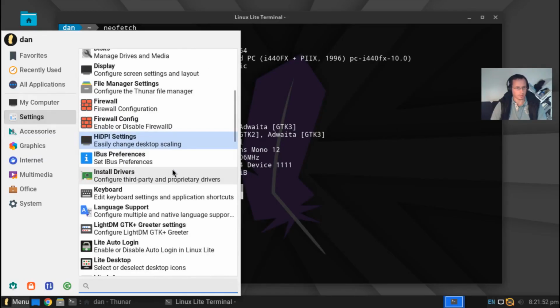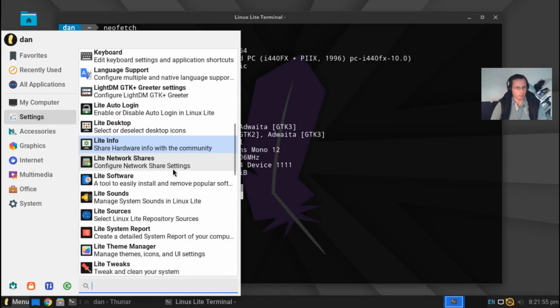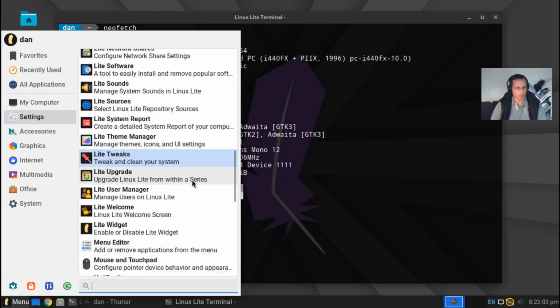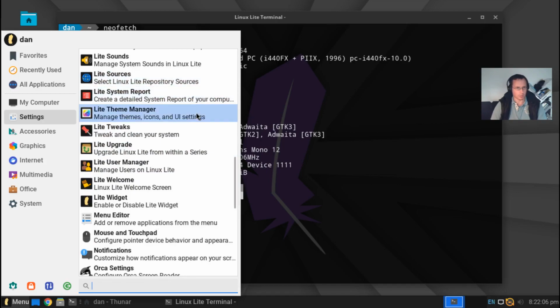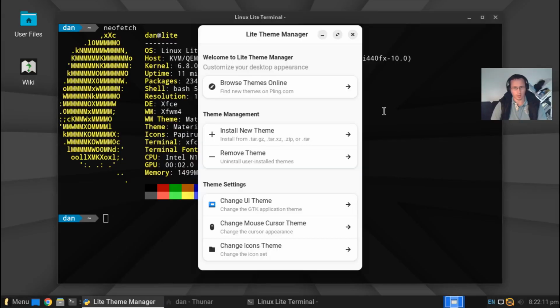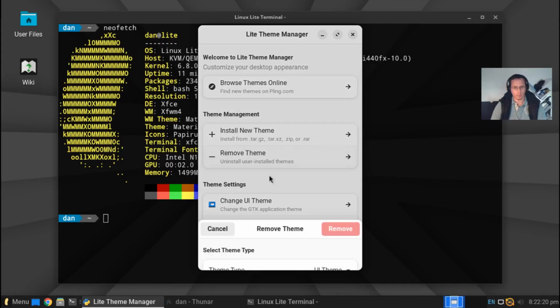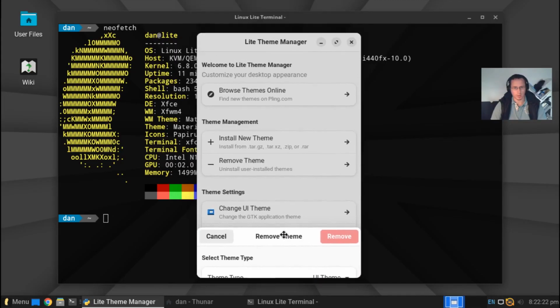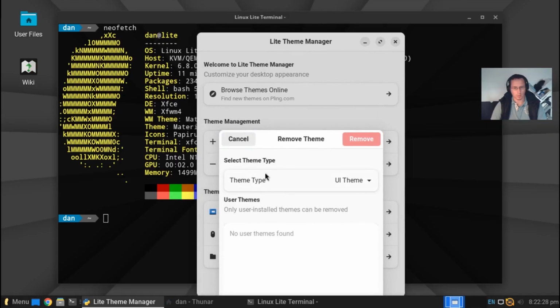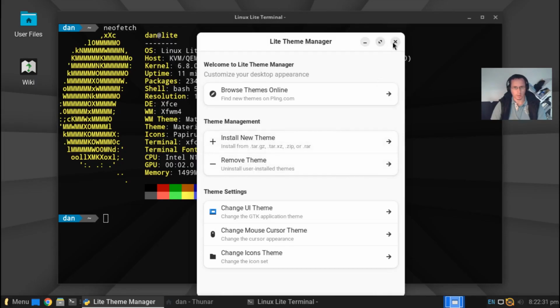and then we have firewall, keyboard, Linux Lite auto login, Lite desktop, Lite info, Lite network shares, Lite software, Lite sources, Lite system report, Lite symonitor. Let's check this. And this is, oh, interesting. So here you have some more options to install a new theme or remove a theme. This is interesting, but something is not working good here. Okay, just to show you,